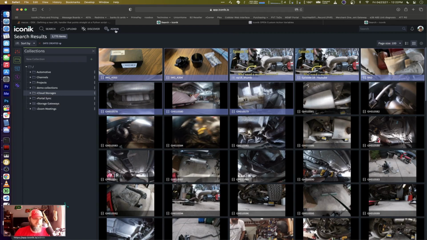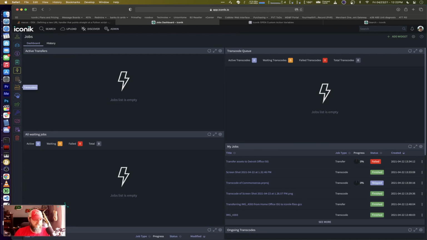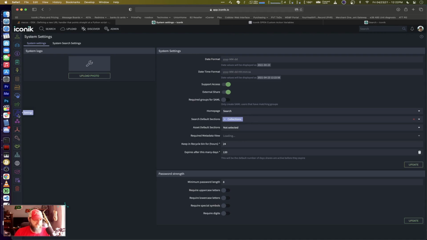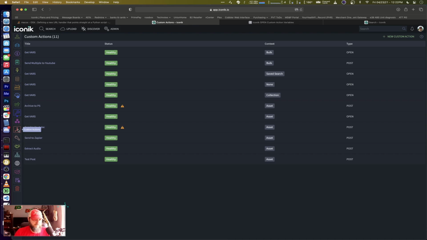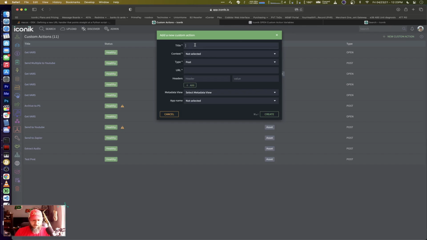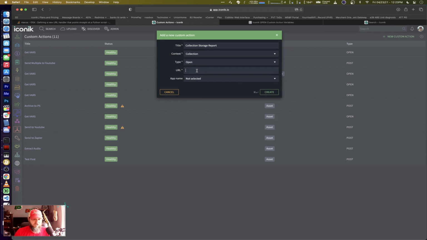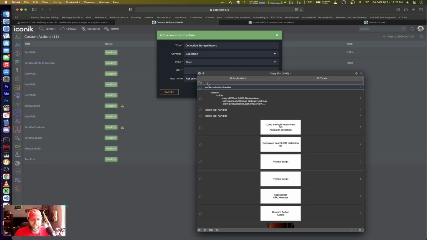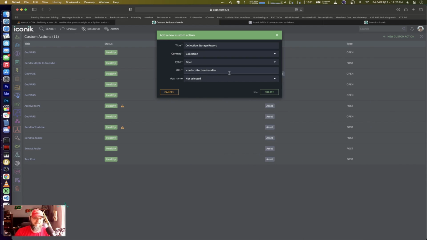And now I can go to Iconik, go to settings, custom actions, and make a new custom action. I'm going to call it collection storage report. The context is going to be on collections right now, and the type is going to be an open, and the URL, and this is where it gets interesting, is going to be Iconik collection handler: